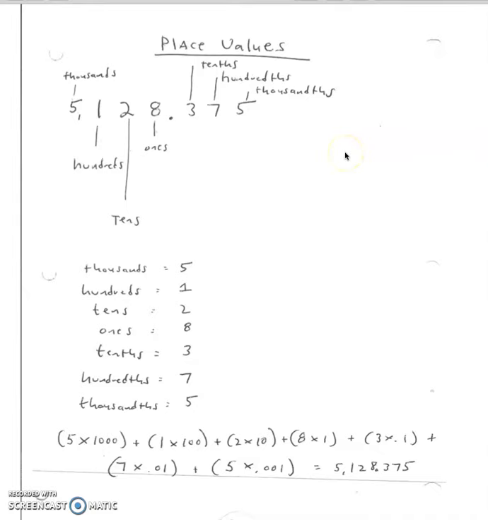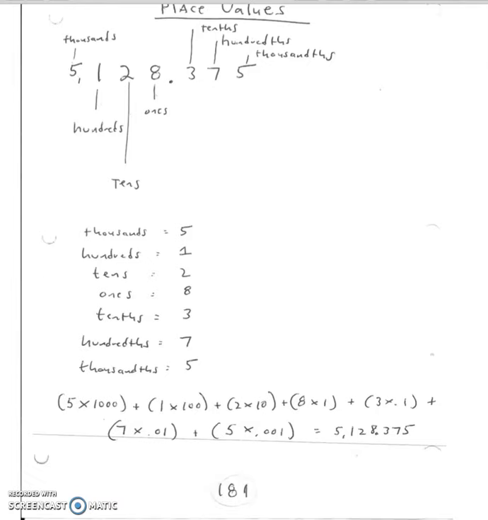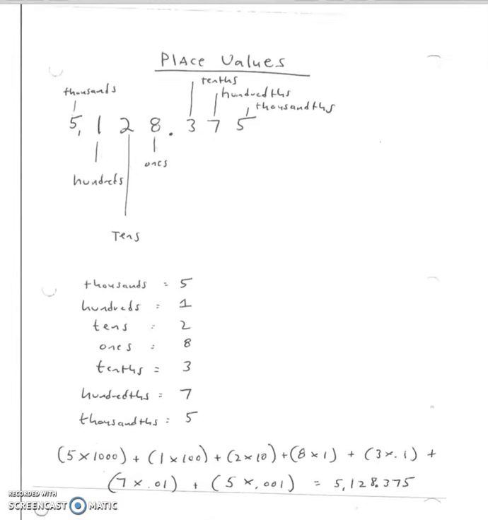If you do have your student book with you, this appears on page 181. If you don't, you can just follow along. When we say place values, we're looking at numbers, and each number represents an actual value. You can see that the decimal point for this number is right here in the middle. So this number would read